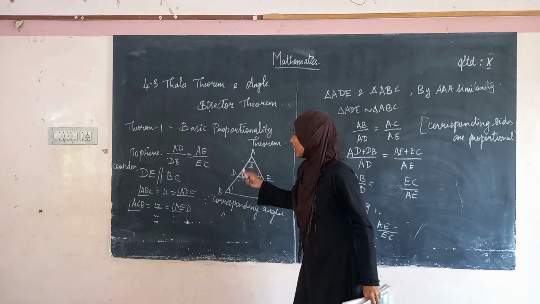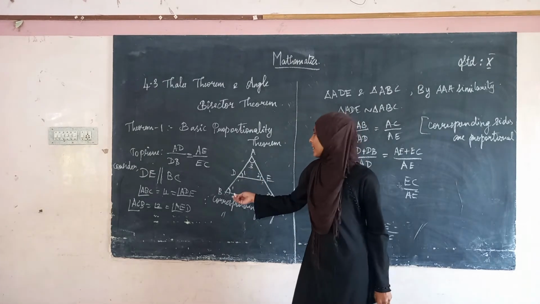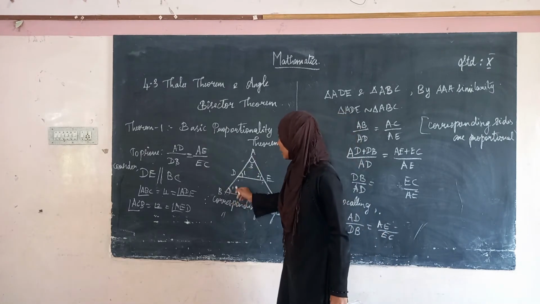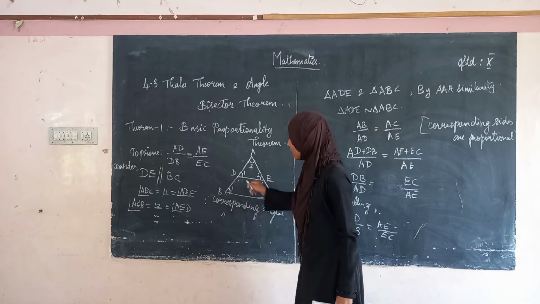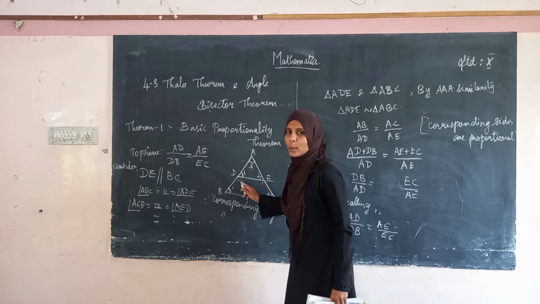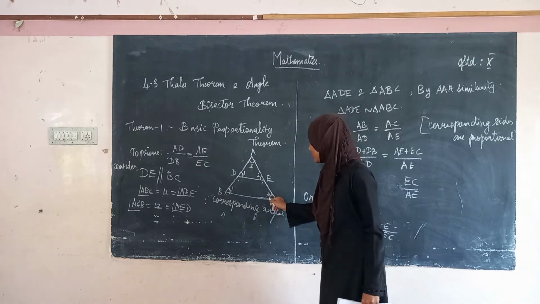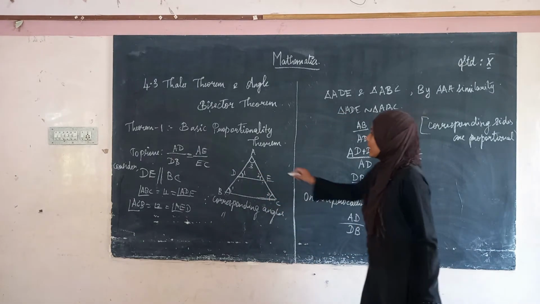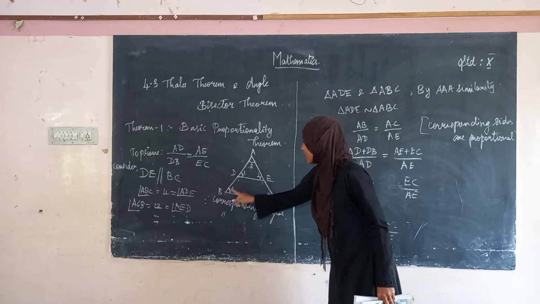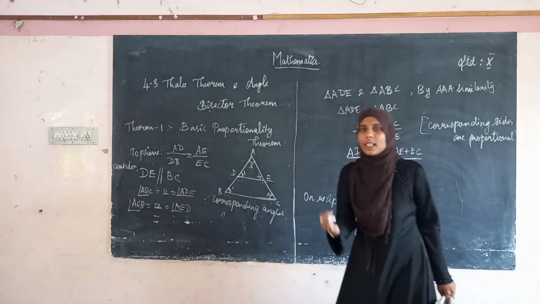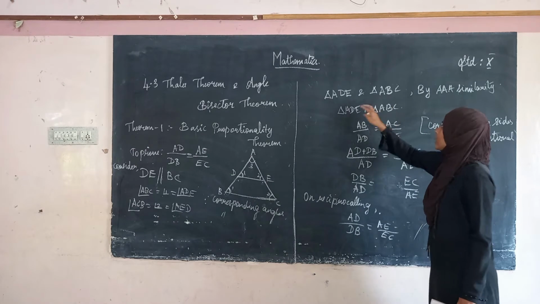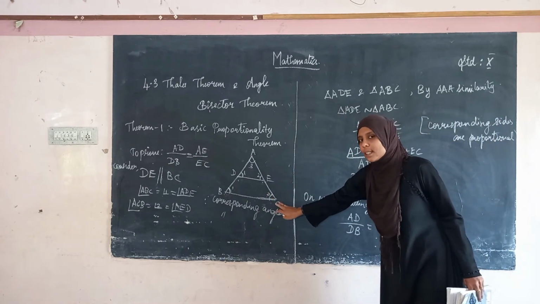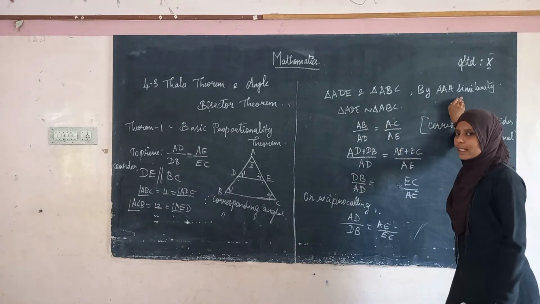First, in the triangle we are marking the angles, taking this as 1, this is 2 and this is 3. Since this is a parallel line to this, this is also 1 because corresponding angles are equal, and this is 2, this is also 2 because the corresponding angles are the same. After that, taking triangle ADE and triangle ABC, we have 3 angles in common. Therefore, these two triangles ADE and ABC are similar triangles using the AAA similarity property.